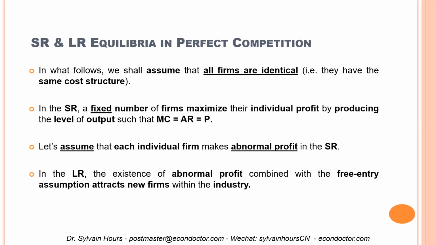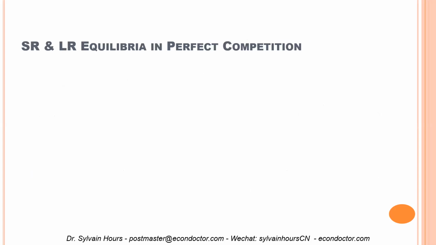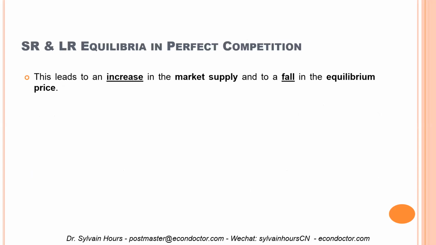In the long run, firms outside the market will be attracted by the existence of this abnormal profit. And because there are no barriers to entry, they are free to enter the market to benefit from the existence of this abnormal profit. But as more firms enter the market, when you have an increase in the number of suppliers, market supply is going to increase, shift to the right, and the market price is going to fall, which means that